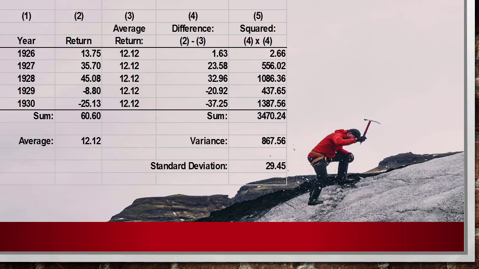The sum of these returns is 60.60%. If we square everything up, take the difference, and calculate the variance, we come up with 867.56. It turns out that the standard deviation is 29.45%. Now, exactly what that means has to be related to the normal distribution, and we'll get to that in a second. But first, I want to show you the actual dispersion numbers for historical returns looking back from 1926 to